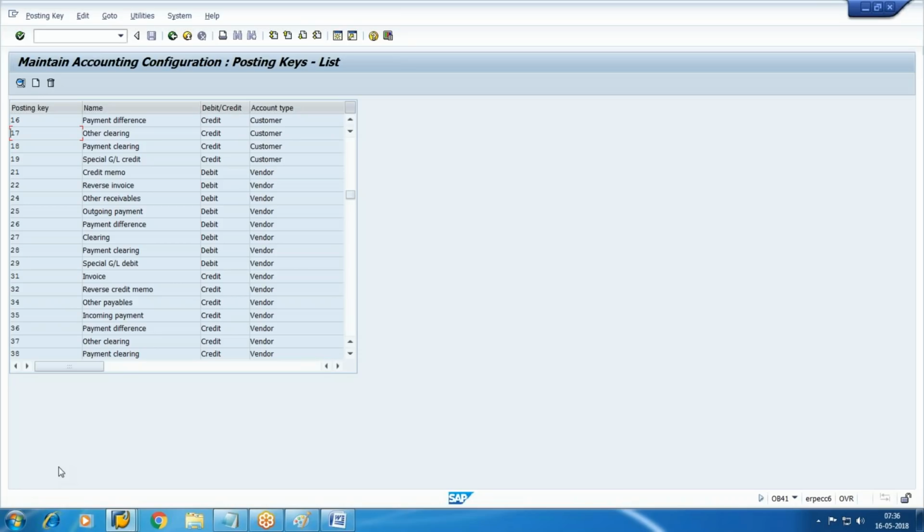If it is, let's say, a standard transaction code, then no need to worry about this. These posting keys are already linked. If it is a new transaction code you are developing, Z transaction codes, then there you have to specify. So by Z, you mean any custom transaction codes? Custom transaction codes, yes. Okay, so posting key, no configuration required. Document type, no configuration required. Number range you have to configure. Now coming to the next setting,